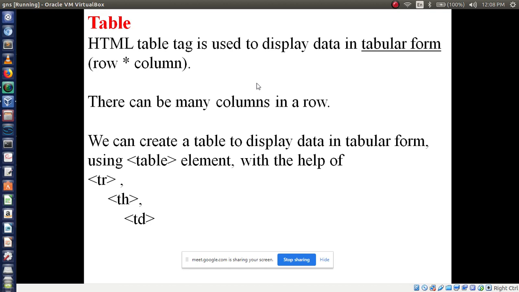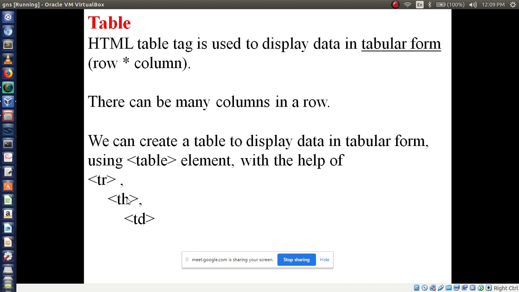So in a table we have three types of tags. First one is the table tag, followed by tr, followed by the th tag, followed by the td tag. Please remember this: table, tr, th and td. tr is responsible for the table row. tr means T for table, R for row, table row.